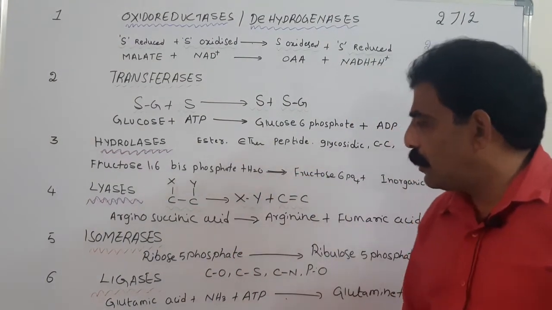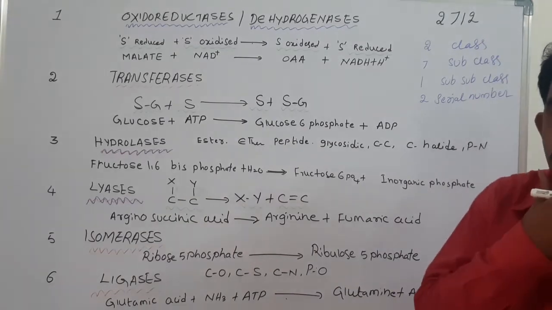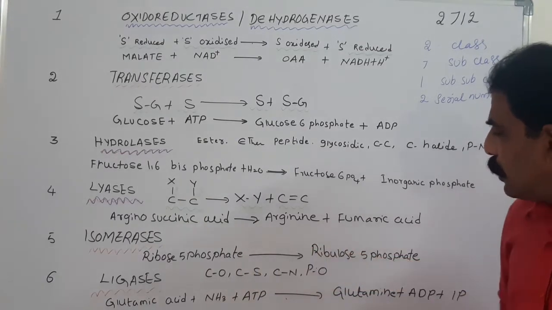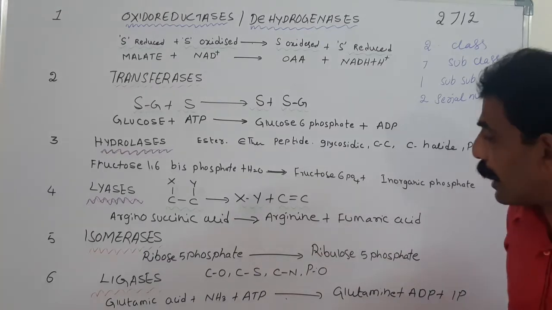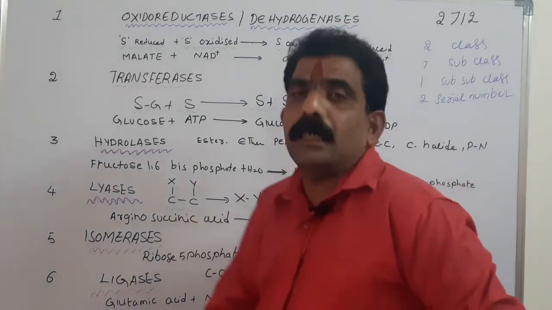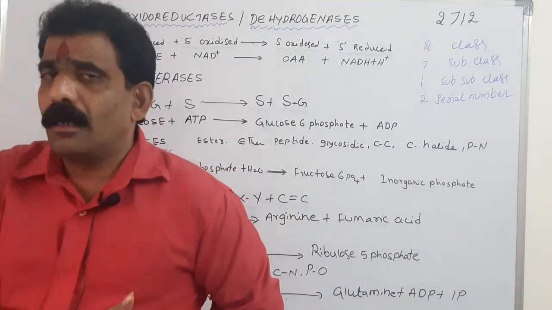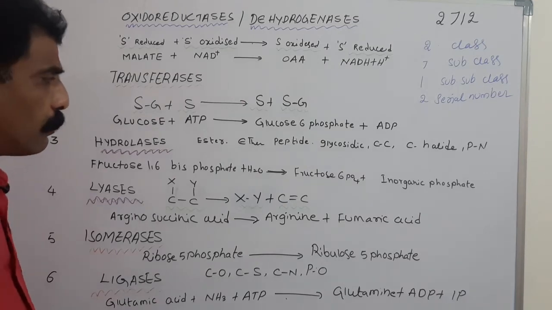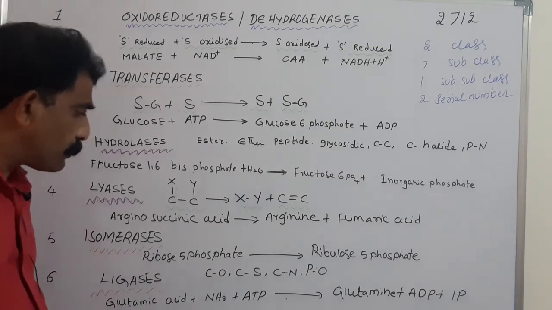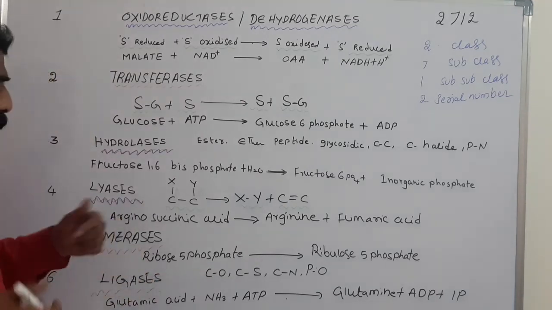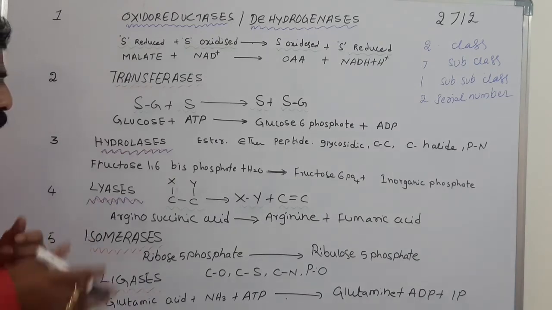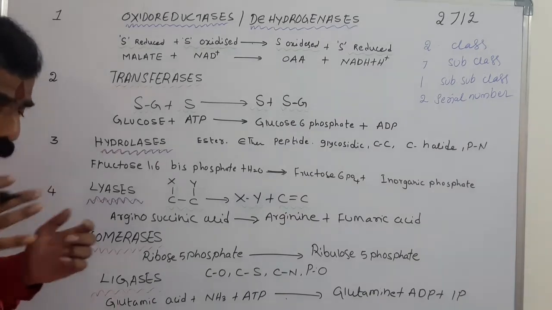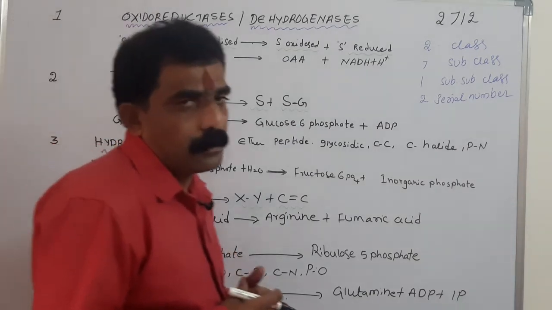For instance, take ribose 5-phosphate. Ribose 5-phosphate is isomerized to ribulose 5-phosphate under the influence of the ribose 5-phosphate isomerase enzyme. This reaction belongs to the RuBP regeneration in the photosynthetic carbon reduction in the C3 cycle. We can see this, where ribose 5-phosphate is isomerized to ribulose 5-phosphate under the influence of ribose 5-phosphate isomerase.